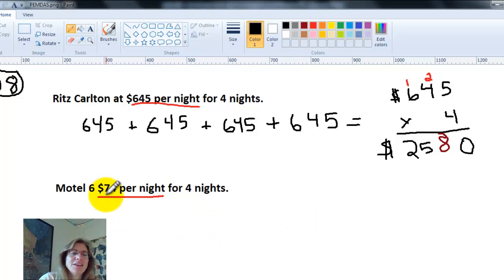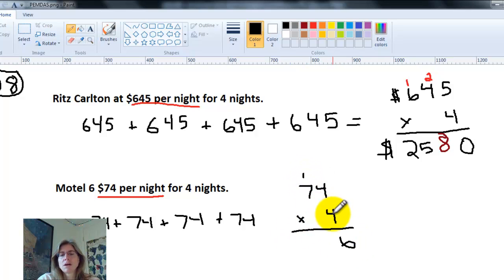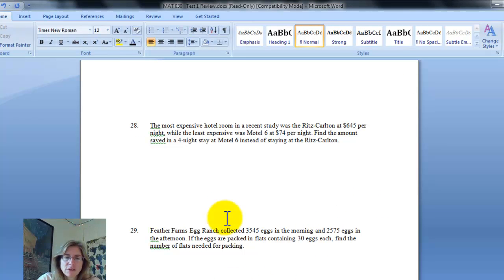Anyway, the next, Motel 6, once again, you could add it together if you wanted to, write out the problem in a way that makes sense to you. You're paying a hotel $74 each night, which is also the same thing as saying 74 times 4. 4 times 4 is 16. 7 times 4 is 28, plus 1 is 29, so obviously that's the difference. But the question is asking you, if you note,